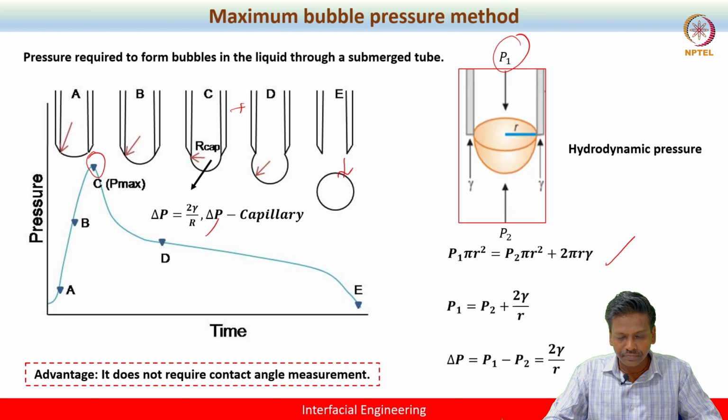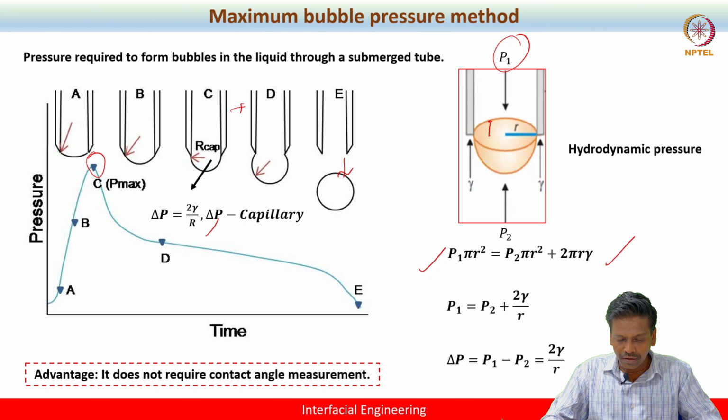There is also another force acting upward, because the bubble is held by the surface tension force. Since the forces act on opposite sides, you can perform a force balance between the pressure force and the surface tension force, which you would get finally